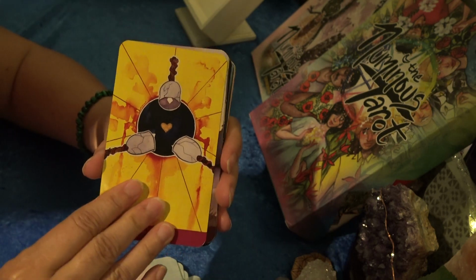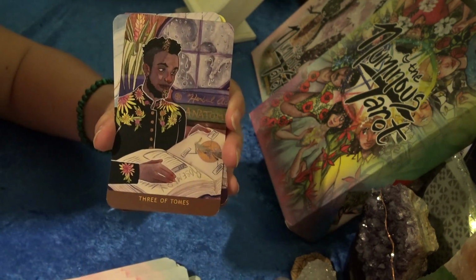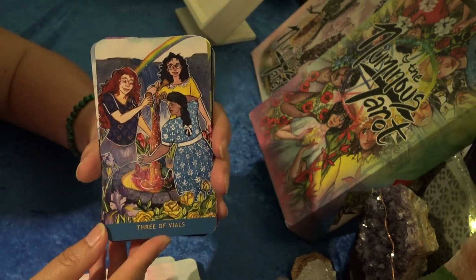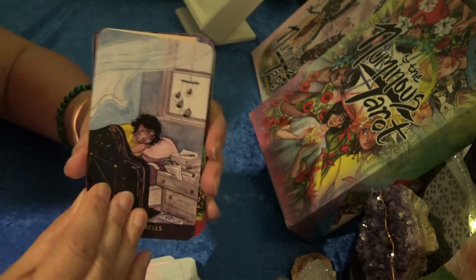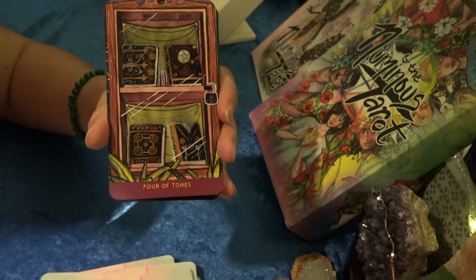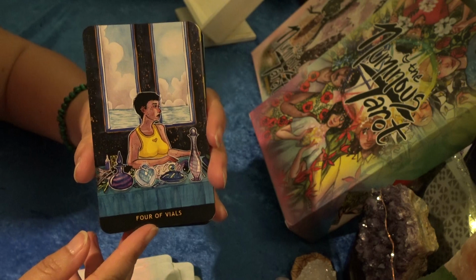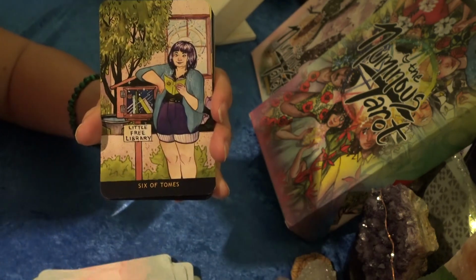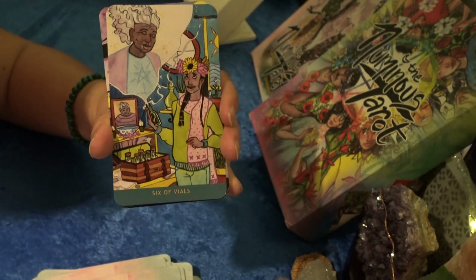Three of Bells, Three of Candles, Three of Tombs, Three of Vials, Four of Bells, Four of Candles, Four of Tombs, Four of Vials, Six of Candles, Six of Tombs, Six of Vials,